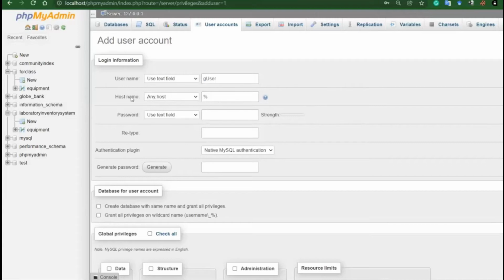So you see here is written any host. In this case we don't have many hosts, we have only one, which is localhost. Okay, so localhost means the same computer that we are using. So select local. When you click select local, here automatically localhost will be written, and that will be the localhost that we are using. You see this one. Okay, and after that you will have to specify the password and retype the password.